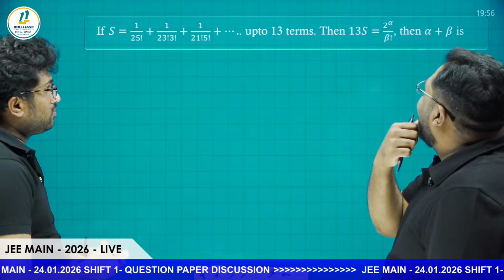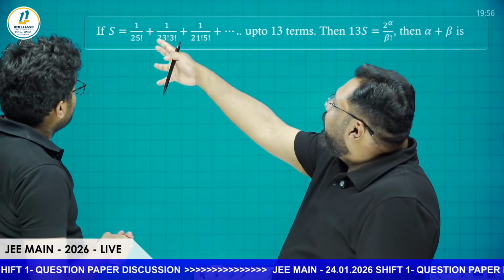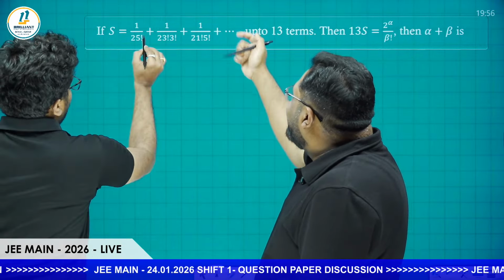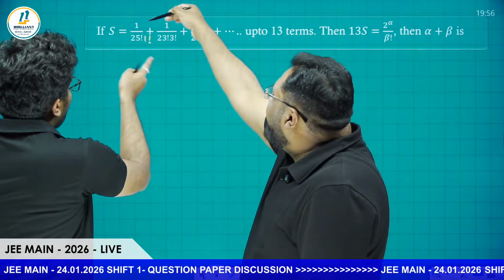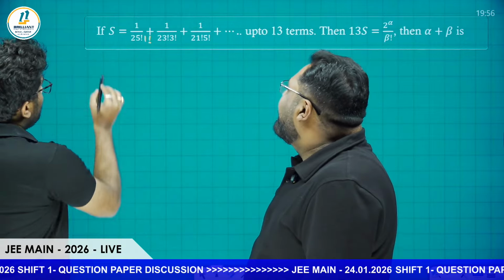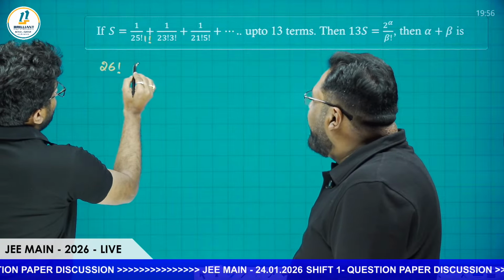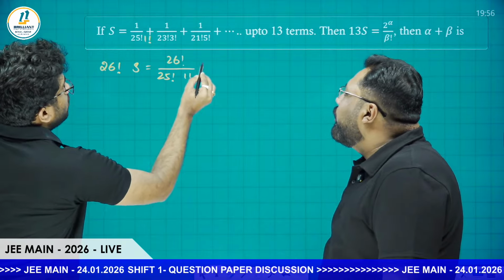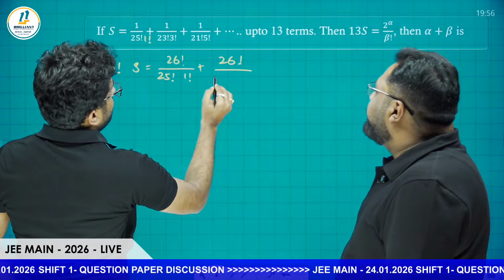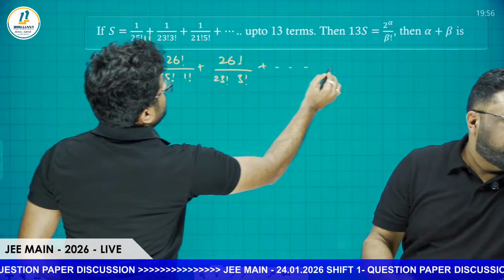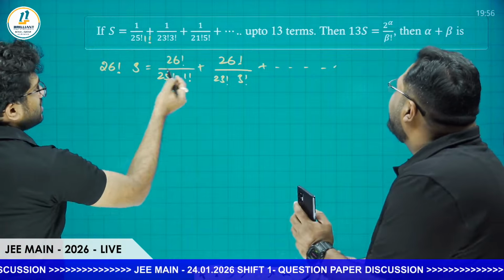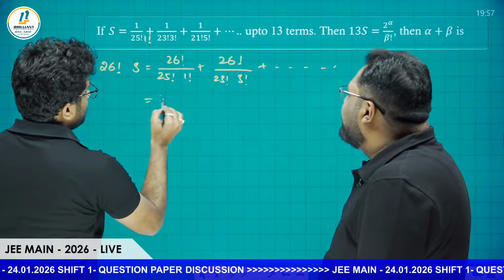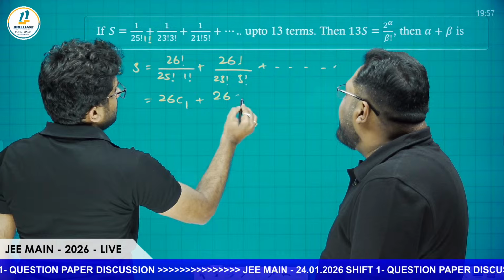Again, a good question from binomial theorem, sir. It's 1 by 25 factorial, 23 and 3, 21 and 5. The sum of all the numbers is 26. So multiplying both sides by 26 factorial: 26 factorial into S is 26 factorial by 25 factorial into 1 factorial plus 26 factorial by 23 factorial into 3 factorial and so on. Now this is n factorial by n minus r factorial, so we can write this as 26C1 plus 26C3,